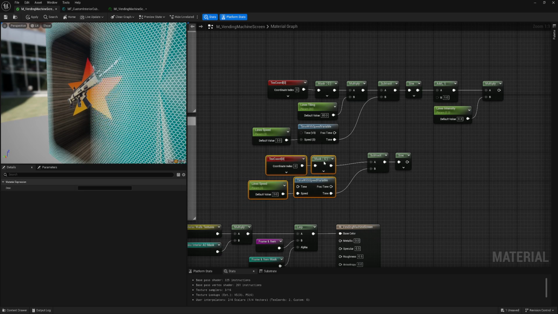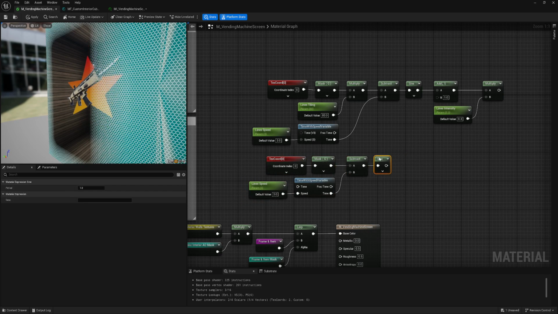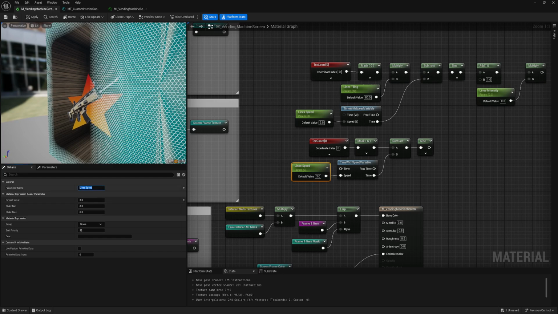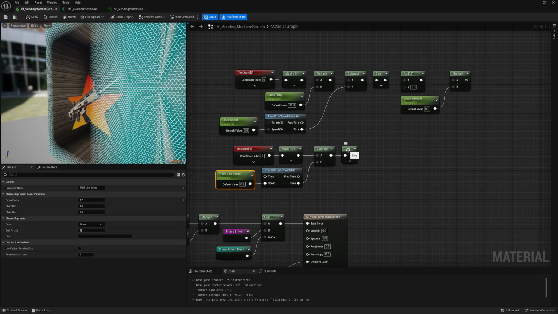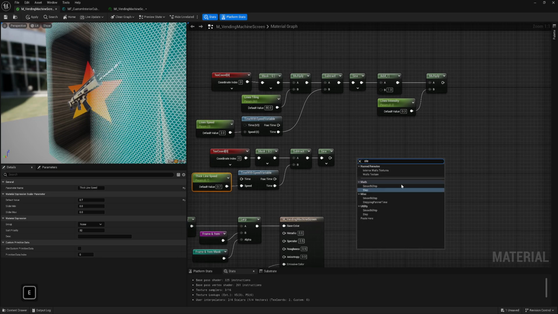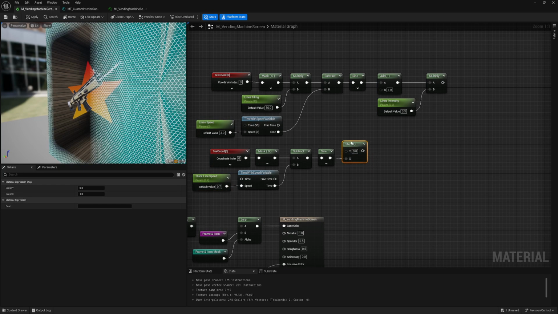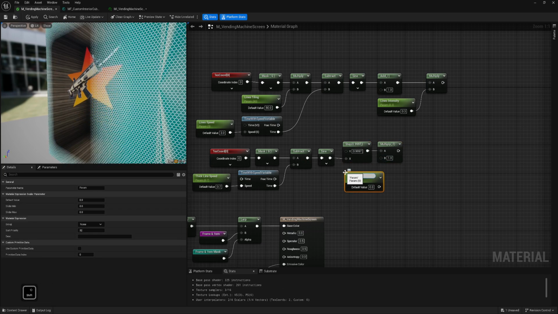That's why I'm not using multiplication. And I need to rename this one. Then after sine, I need step. And this is to control the thick line separately.